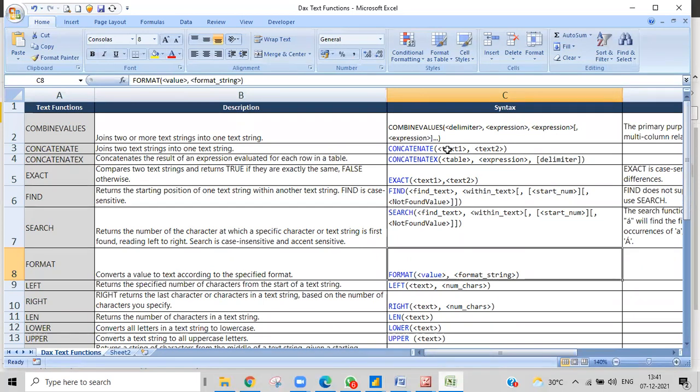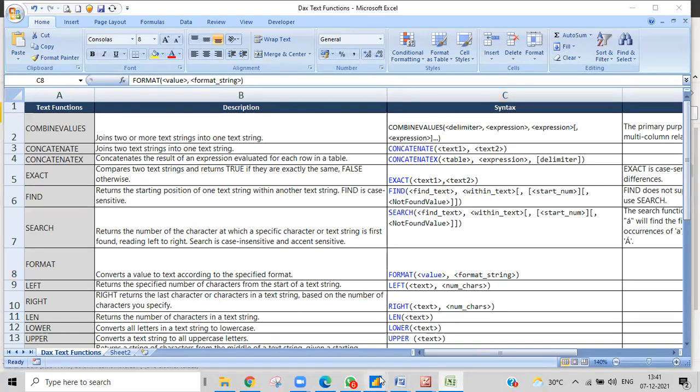You can do the same thing with concatenate, but we would need to use a lot of concatenates, one inside another. Then only you can get the output like combine values. But we don't use combine values in such cases. For text values like this, we use concatenate. This concatenate is used only to combine two text parts, with no delimiter between.